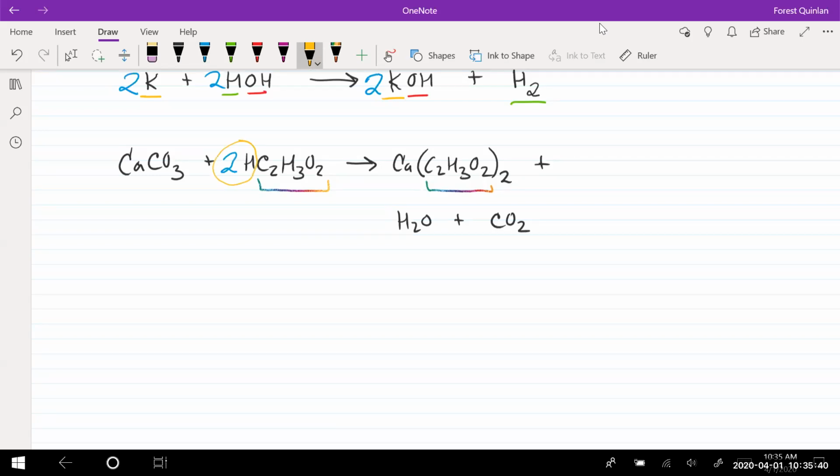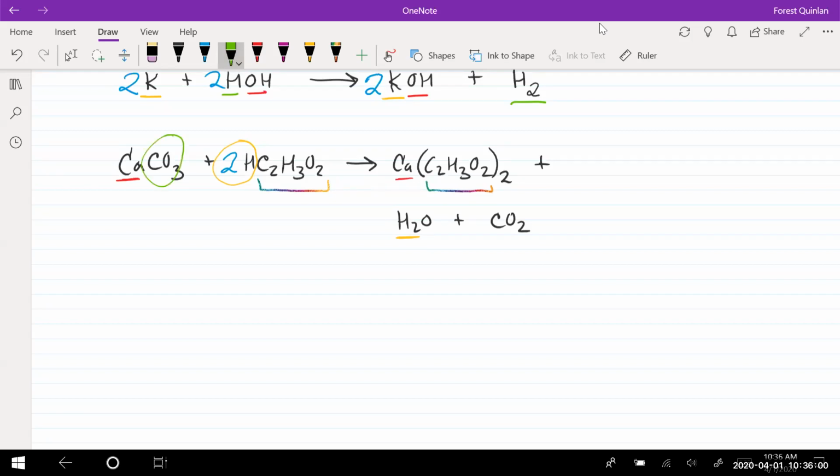How many do you see here now? 2. So those look pretty good. How many calciums do you see? On the left, 1. And on the right, 1. All right. Now at this point, I want to point out that you see a carbonate here,